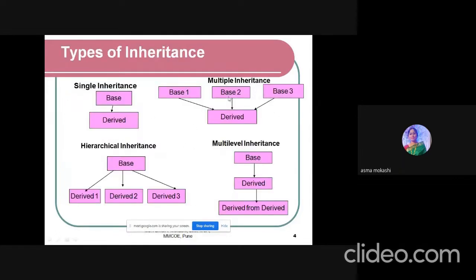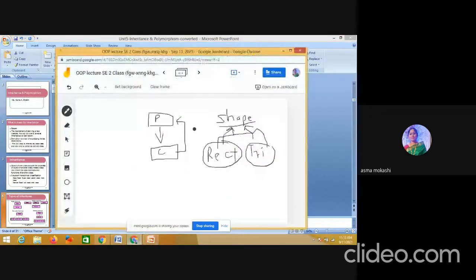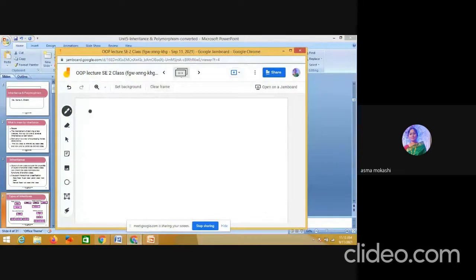So these are the types of inheritance. We can see the types one by one. First one is my base class, and I am deriving one more class from this. So this is my base class and this is my derived class.